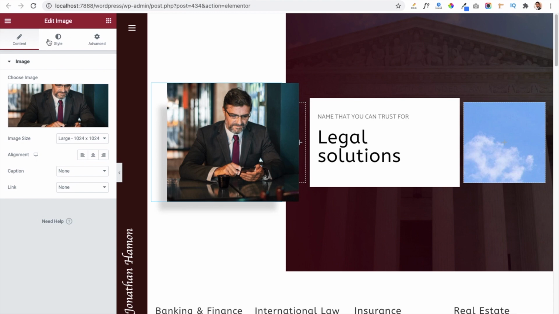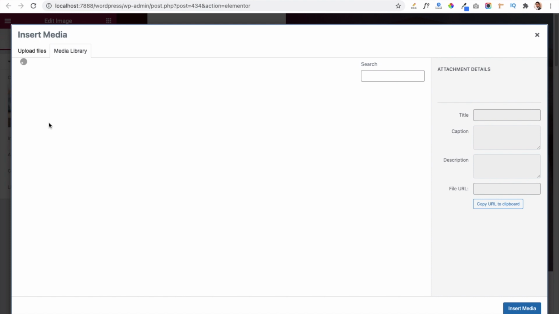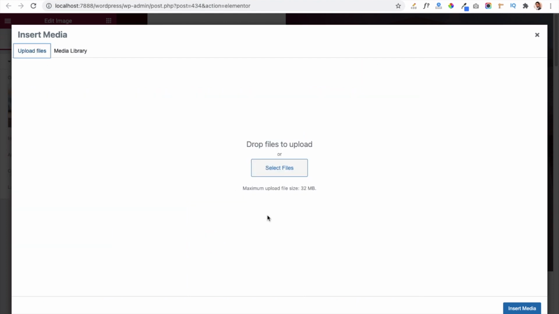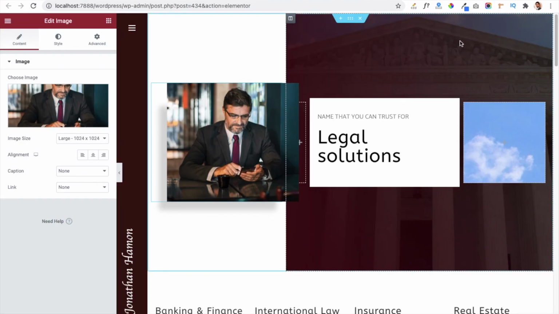This is the image module which we have used, and you can click on the Choose Image link from here and select your image from the available media content, or you can click on Upload Files here and select your own image from your local computer. Now to change this